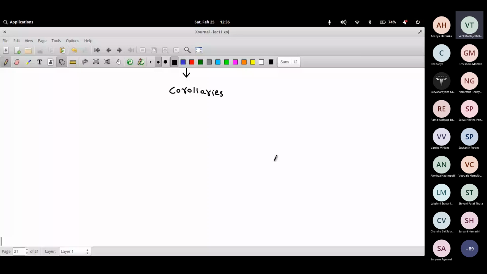Okay, now whenever you're proving something, there are some things to keep in mind while finding a proof. These are some tips you can say which will help you in finding a proof. Okay, so